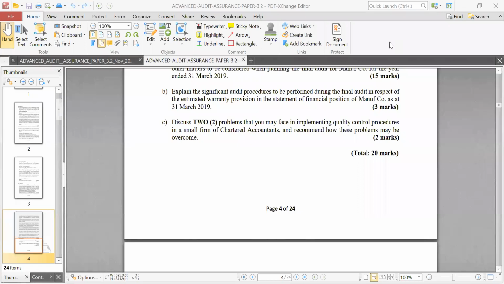Please, those audit procedures, you cannot afford to forget them. You see, I picked a random past question, which was like, I can't even remember, but we saw,